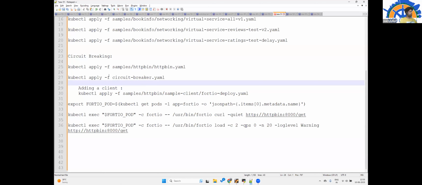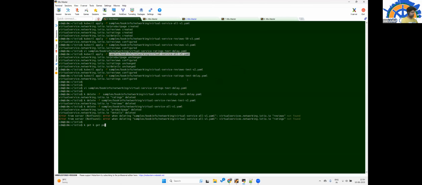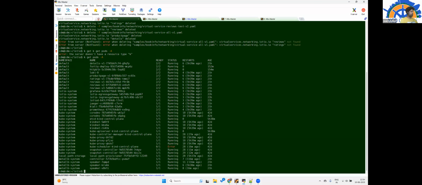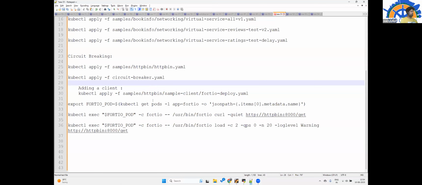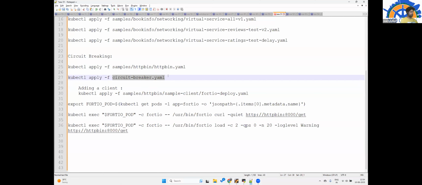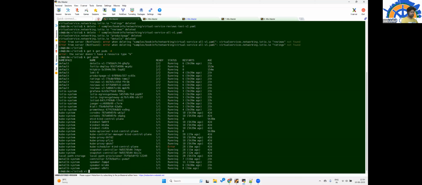Let me see, I think the application is already available. Let me check httpbin. Yeah, it is available. Now I'll open this circuit breaker YAML for you guys to see.